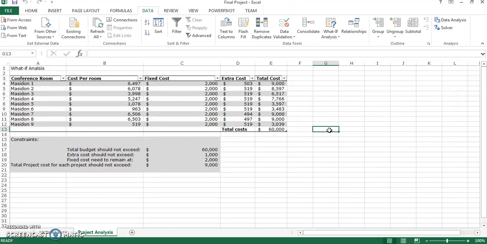I hope you guys found this helpful. I hope I was able to articulate how Solver is effective and a very useful tool that, again, small business owners, medium business owners, and large corporations utilize